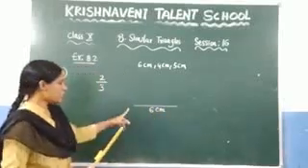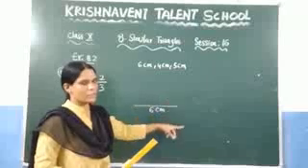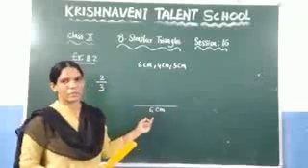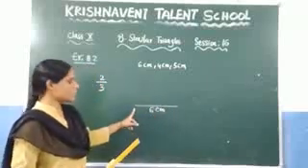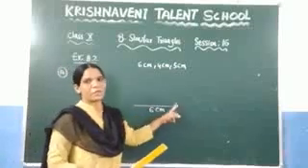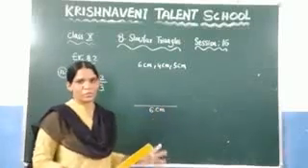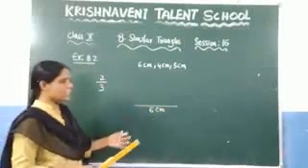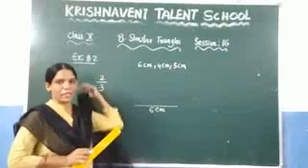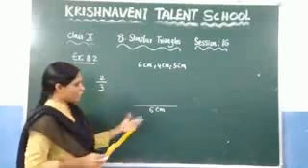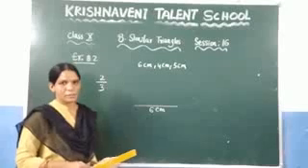From this vertex, draw 4 centimeters, and from the other vertex, draw 5 centimeters. Your wish. Or from this vertex, you can draw 5, and from the other vertex, you can draw 4. Since they did not specify the length, you can take any side as the base. Here, I have taken 6 centimeters as the base.